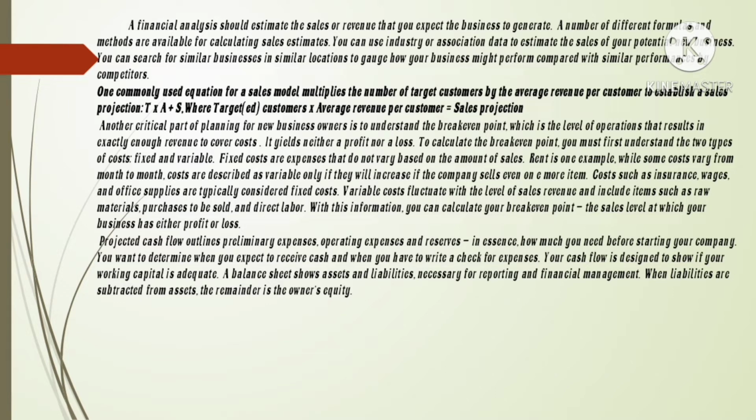Fixed costs are expenses that do not vary based on the amount of sales. Rent is one example. While some costs vary from month to month, costs are described as variable only if they will increase if the company sells even one more item. Costs such as insurance, wages, and office supplies are typically considered fixed costs. Variable costs fluctuate with the level of sales revenue and include items such as raw materials, purchases to be sold, and direct labor. With this information, you can calculate your break-even point, the sales level at which your business has